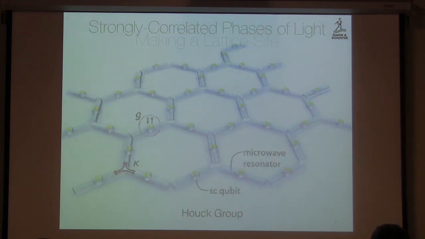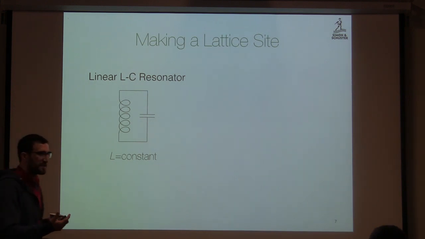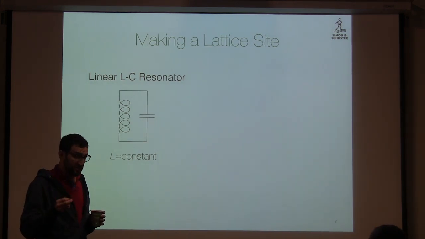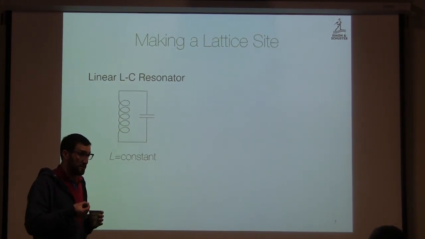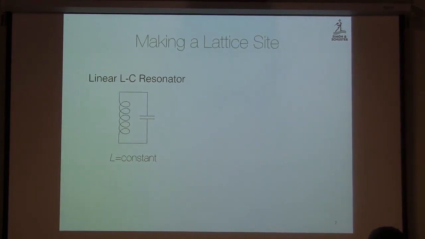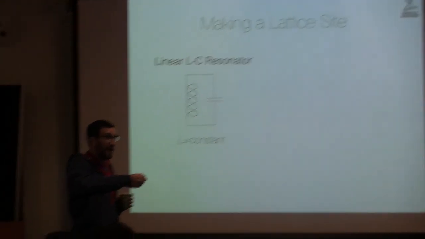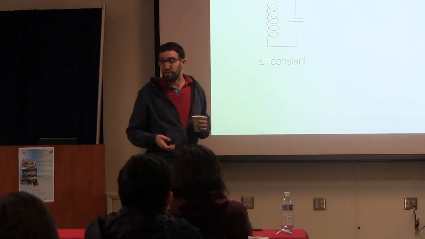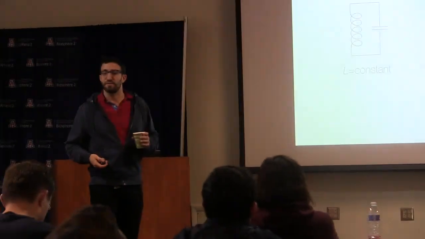And so I want to tell you about how this works in practice. So we need lattice sites. Okay, for cold atoms, the lattice site is a laser potential, right? And the things that mimic electrons are atoms, right? And so you can ask how many atoms are there in the lattice site, and how strongly do they interact with each other? How much energy do we have to pay extra to put a second atom in compared to the first, okay? So what kind of an object acts like a lattice site for photons?